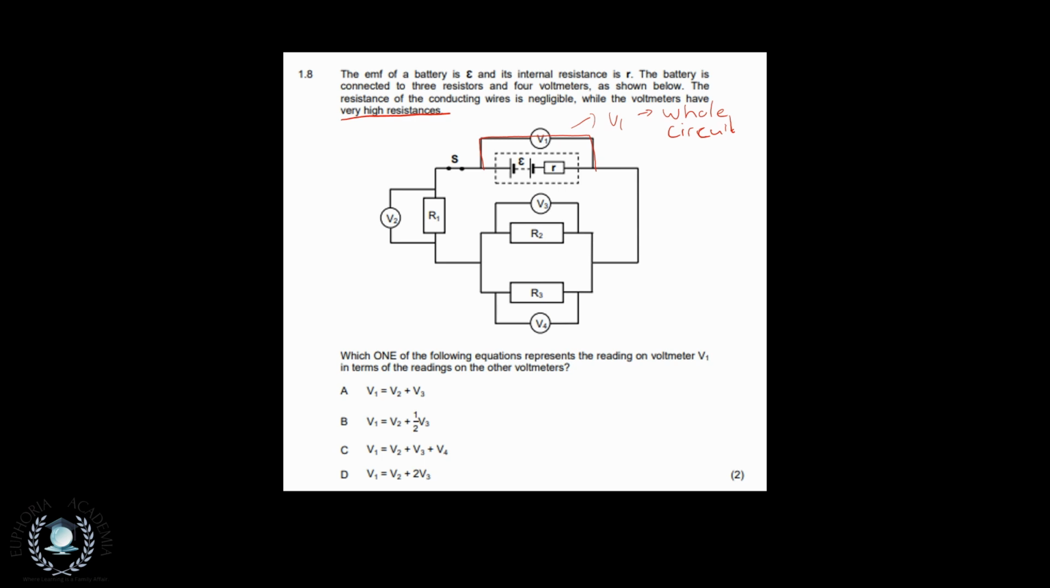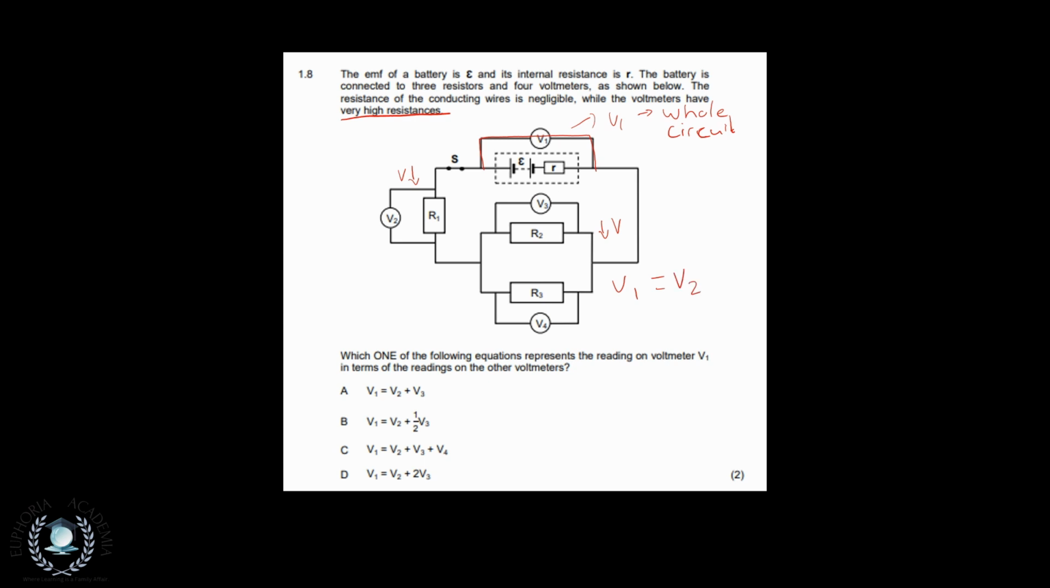When we get to a resistor in series, there's going to be a voltage drop. When we get to this whole parallel circuit, we're also going to get a voltage drop. So the equation has V1. What is V1 equal to? We know that it's equal to the potential drop of